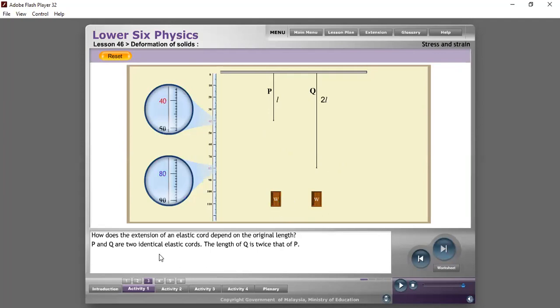So now we observe that P and Q are two identical cords. The length of Q is twice that of P. So Q is double the length of P. So how does the extension of an elastic